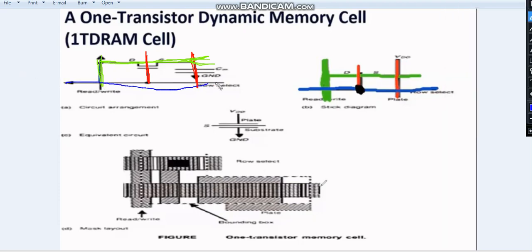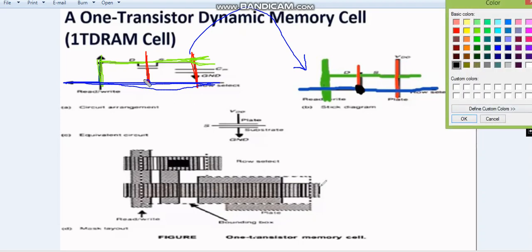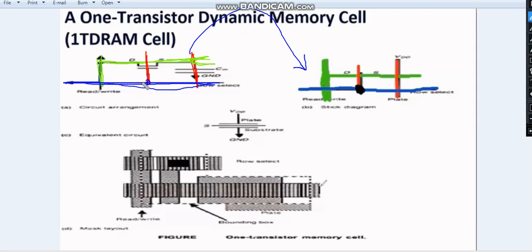here. So this line, that is the same as what we have drawn in the schematic. Using the circuit only we are able to draw the stick diagram also, okay? You can see we can now compare the schematic and the stick diagram. The only thing is there was a contact across this one, right? So we have to make a contact at this point, and hence we have made a contact across this one.